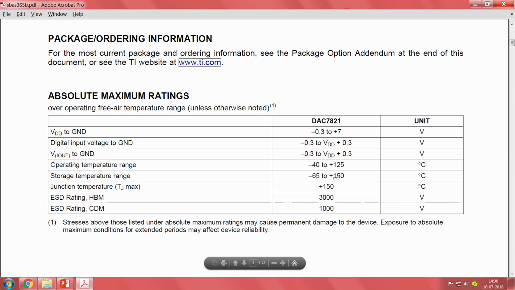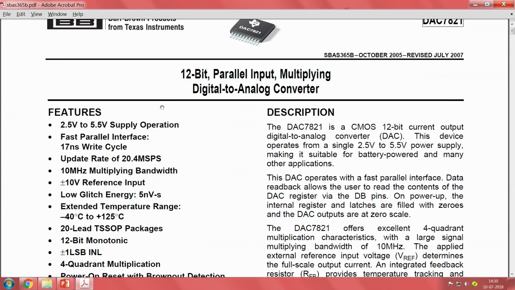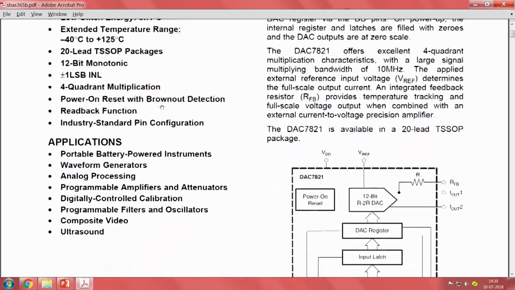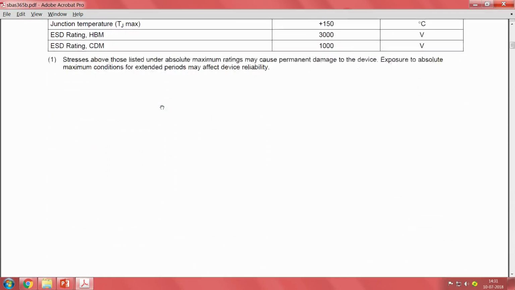So, you should always work within sufficient buffered limits within the maximum ratings. Absolute maximum ratings is a very important thing. Once we are done with this, we will enumerate the main sections of any data sheet that you should go through, so that you can keep it as a pointer for yourself, and quickly take that list of items and check your data sheet every time you open one. Now we have seen absolute maximum ratings, cool.